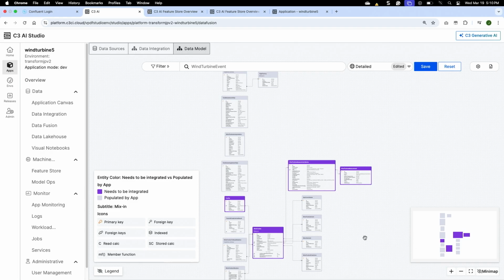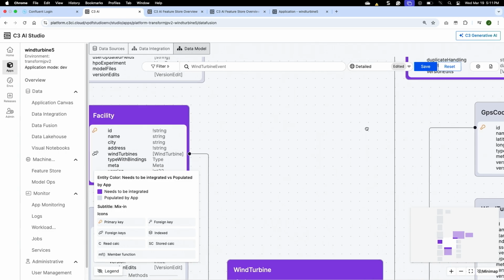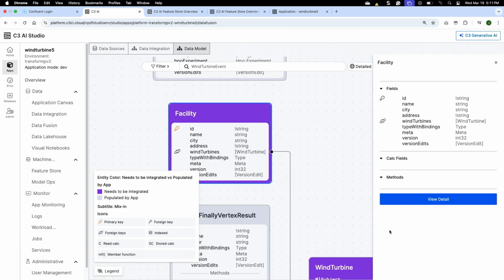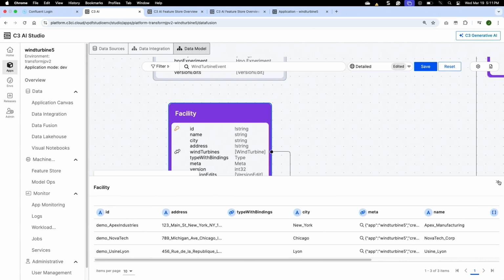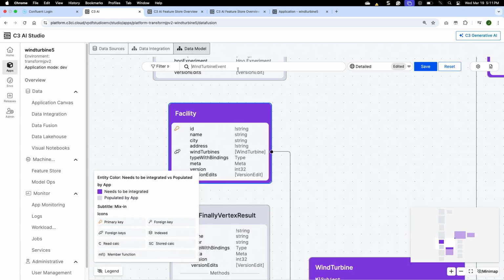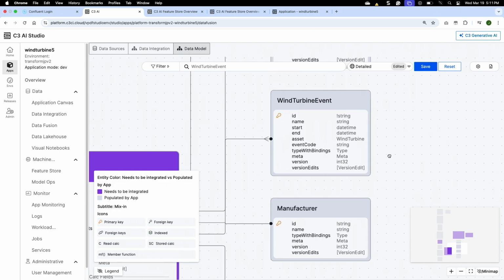While I've been talking, Jake's been busy. Some of these objects, when we look into them, we can preview data that's been loaded. Jake's been busy integrating some of the data for us. We can preview the data in the entities. However, heading over,